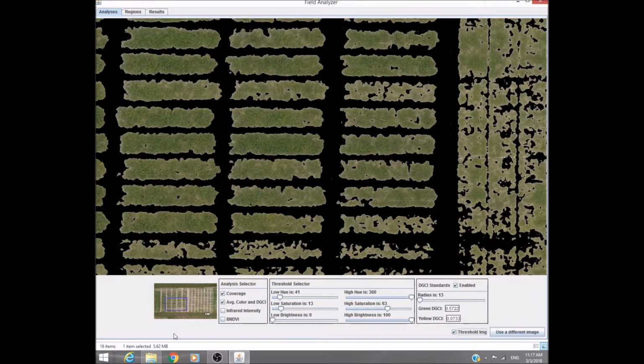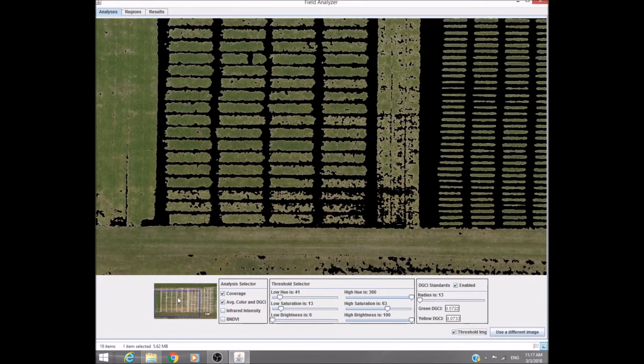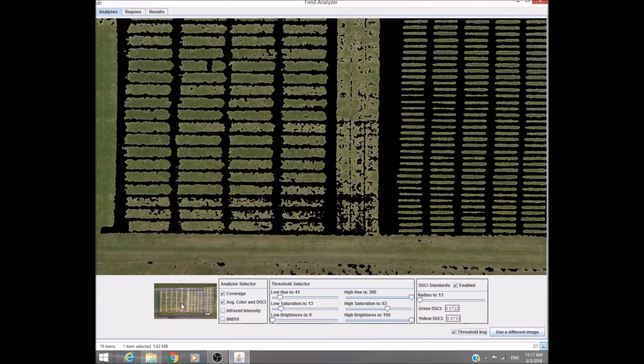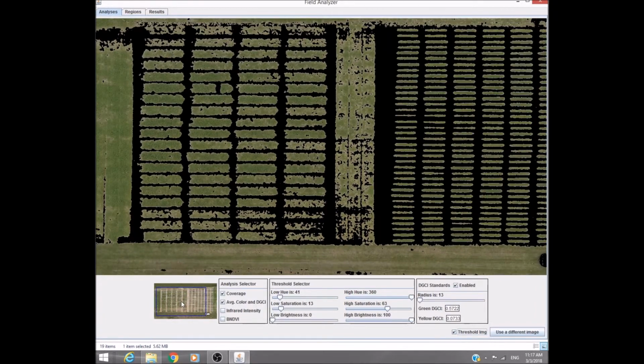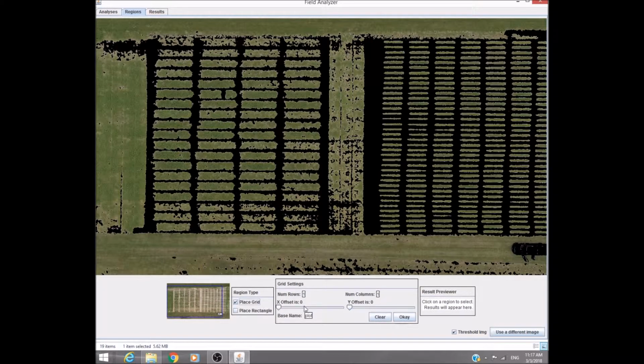I'm going to look at this side of the field now and go to the region selection tab, where you can select what portion of the field you want to analyze using two different methods. We can start off by placing a grid over the plots, and to do that I have 19 different rows here and 4 columns. You just enter that here in the grid settings,